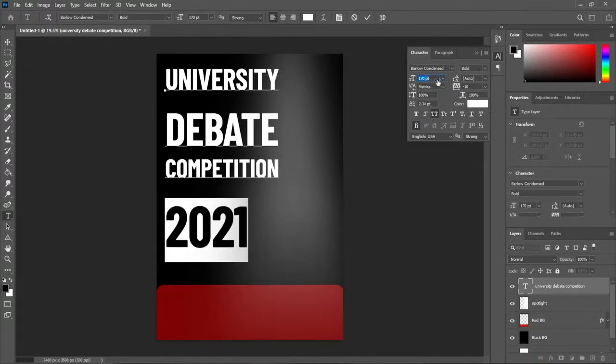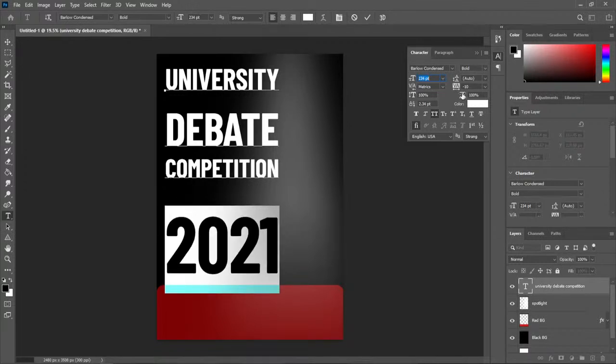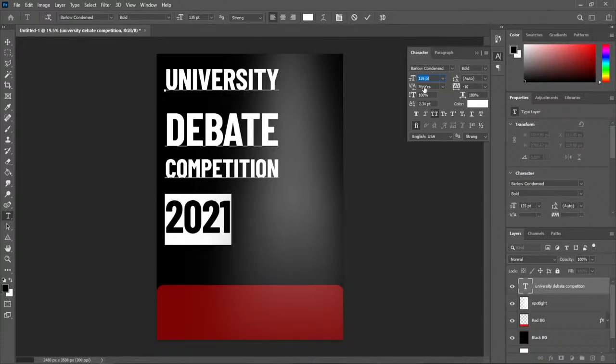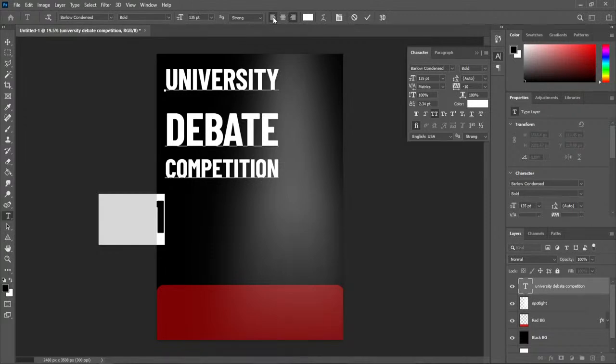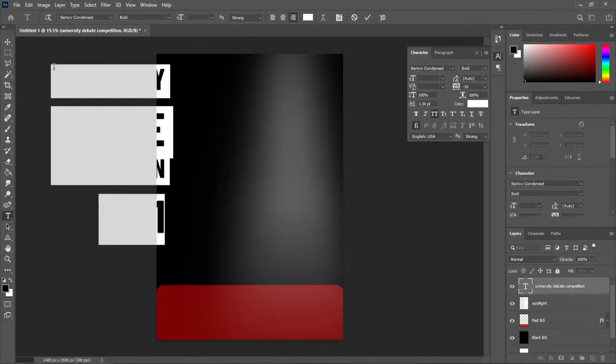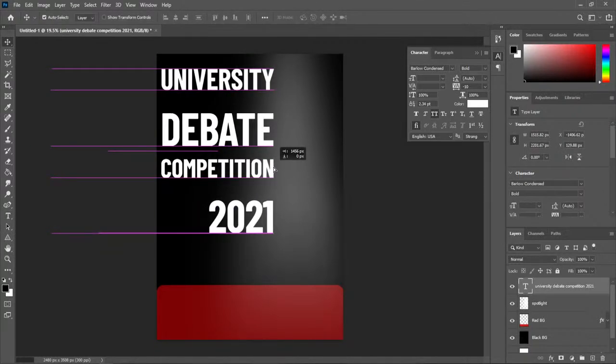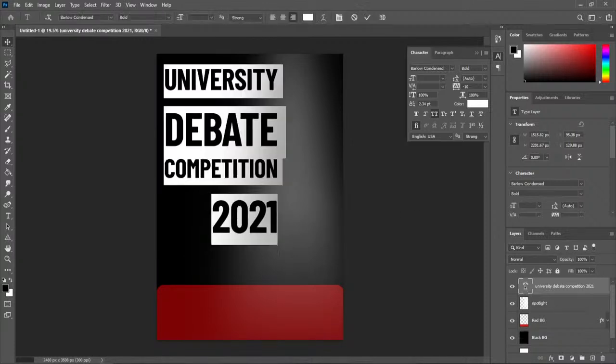2021, if I make it bigger to match the debate, it doesn't look that good, so I will keep it this small, but instead of left align, I will make it right align, or keep it like this. I will select all of it and make it right align, then move it here. Okay, now I will select all of them, and I will work on the